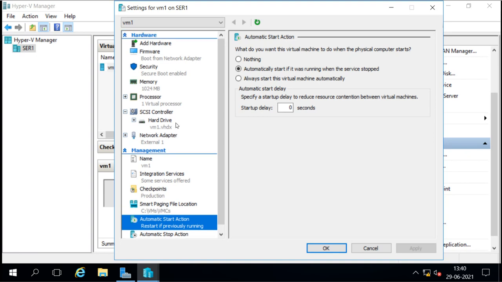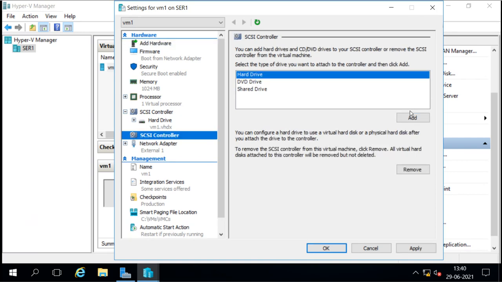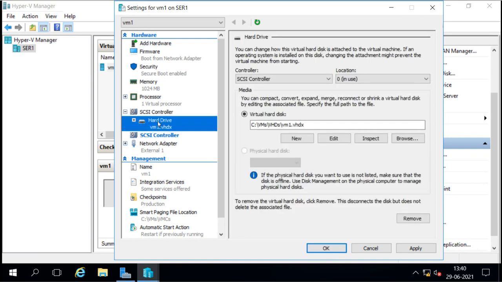Now I want to install the machine. Now there is no hard disk DVD here. If you see, there is only hard disk option it is showing because it is generation 2. So I have to add the device here. So I will go to hardware here and add the SCSI controller here first. Now we have one SCSI controller here, one more. This one is connected to the hard disk. Now this one